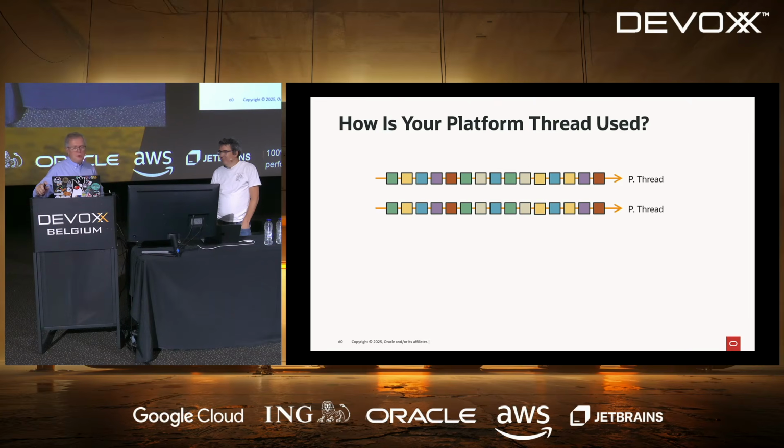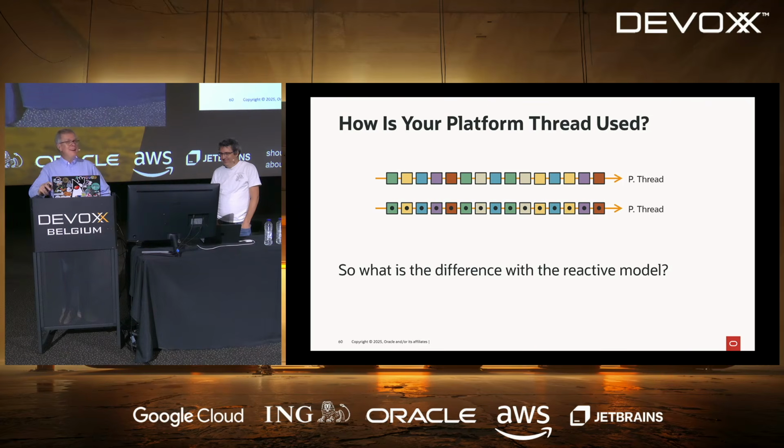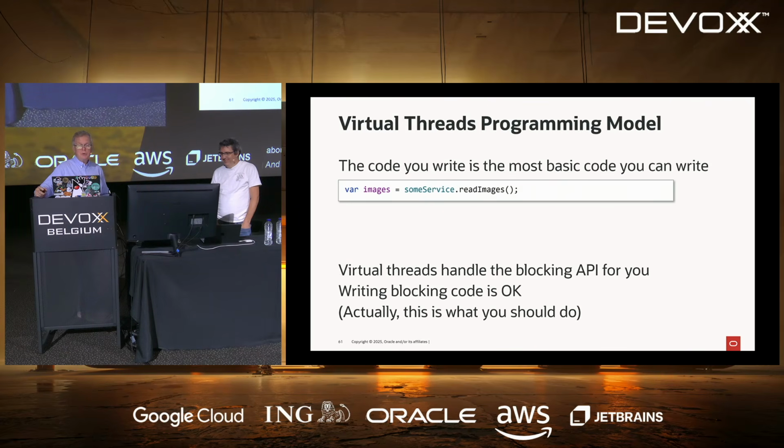There is one big difference, though, in the second case, where you have virtual threads: the responsibility of removing the lambda from the platform thread is gone from your responsibility. In virtual threads, you write blocking code. In your CompletableFuture or reactive framework API, if you write blocking code, it's a bug and you need to fix it. So that's one less responsibility on your shoulders. And I must say that I'm quite happy I don't have to take care of that anymore. Just write simple plain blocking code and that's okay. This is actually what you should be doing.